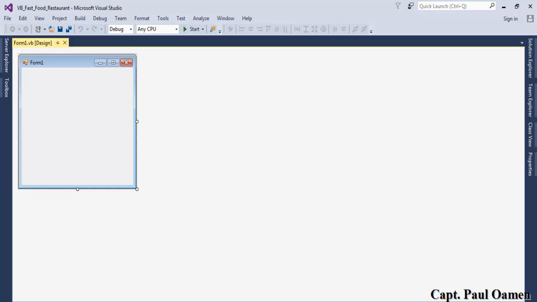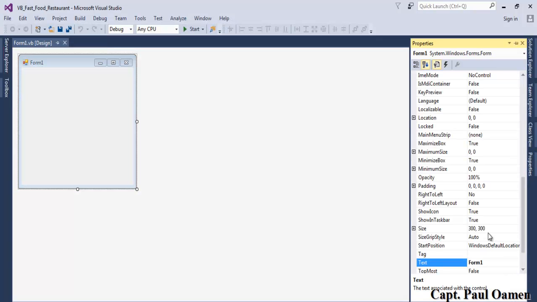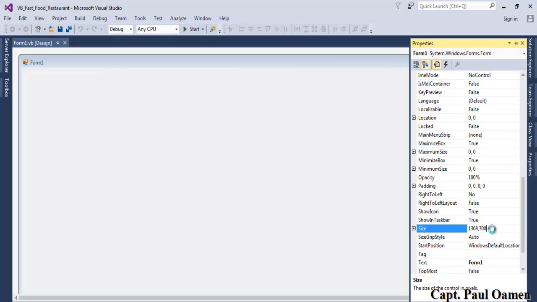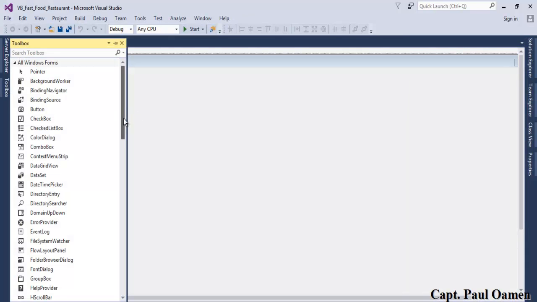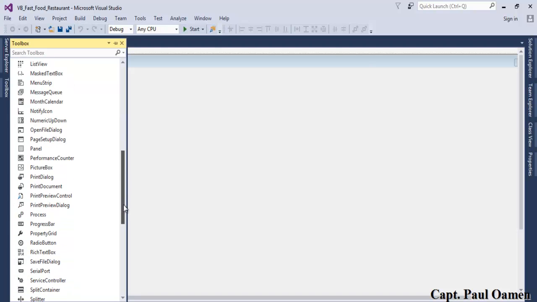Now that my form is ready, let's define the size of the form. Select Properties, and right here you can give your program or your form a name. So that will be 1368 by, let's go for 700. Click on OK. So the next thing is, let's come up here and in the toolbox, let's grab a